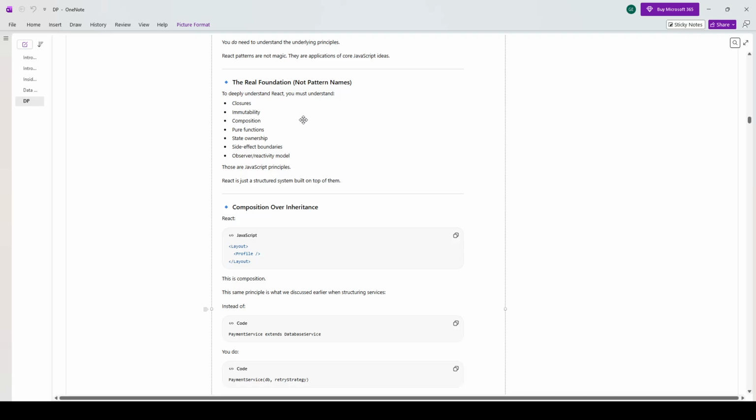To deeply understand React, you must understand closures, immutability, composition, pure functions, state ownership, side effect boundaries, like how dynamic imports will affect this, or to what extent these modules, pure functions inside the classes and modules, state ownership related to modules and classes, composition,